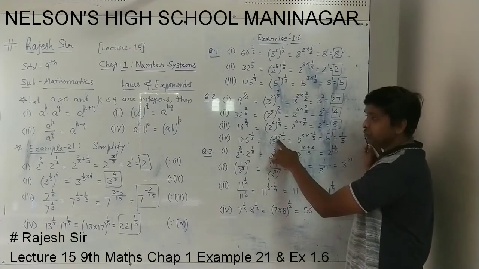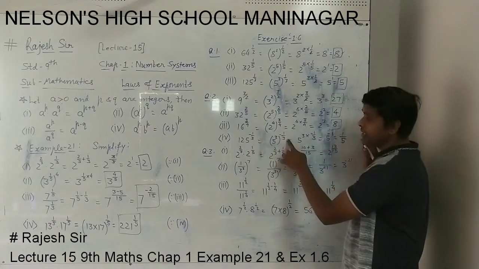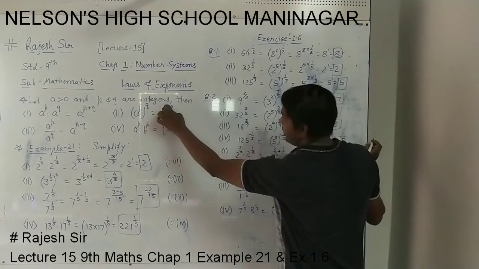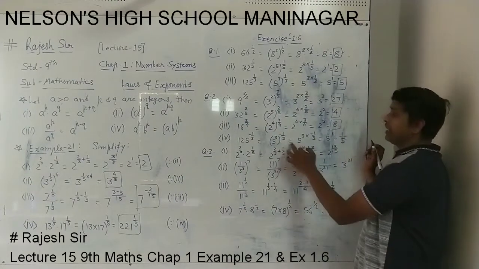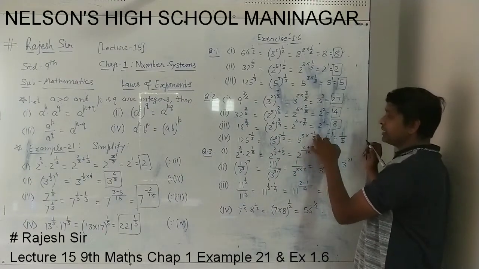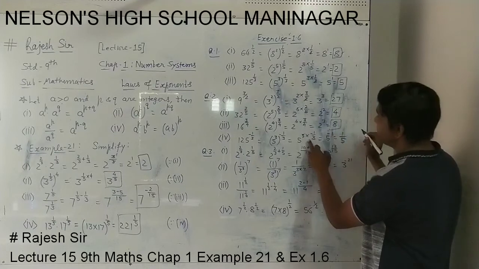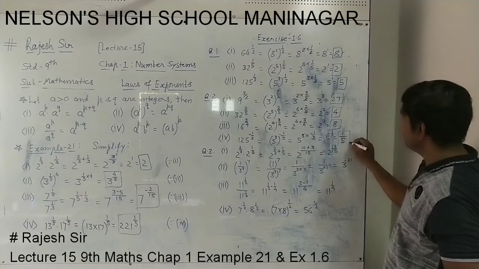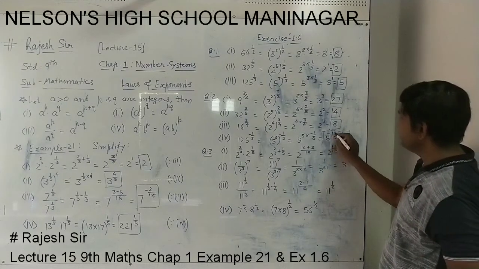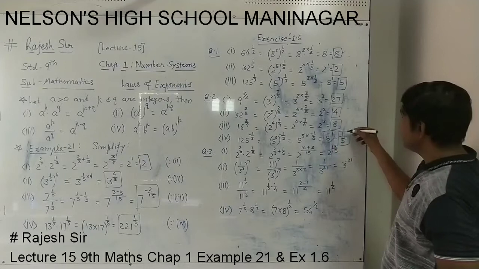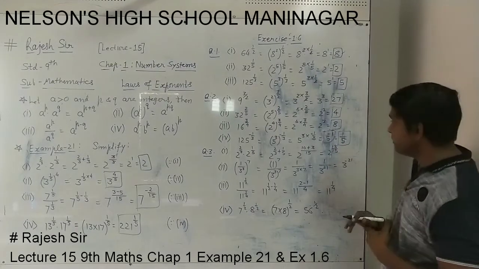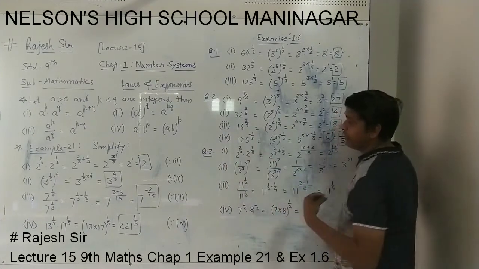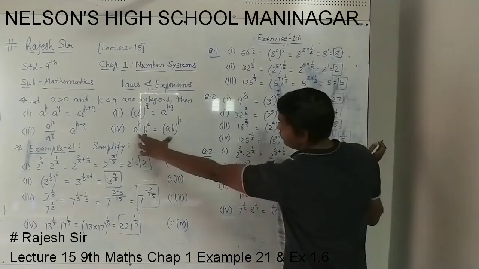Fourth number of the second question is 125 whole raised to minus 1 by 3. 125 can be written as 5 raised to 3 and the power minus 1 by 3 as it is. This is again power of power. The rule is to multiply both the powers. 5 as it is the base, 3 into minus 1 by 3. Up and down 3 and 3 cancel. 5 raised to minus 1. And 5 raised to minus 1 can also be written as 1/5. This is also the answer. You can keep it this way also, and in simple form we can also write 1/5. Question number 3: simplify 2 raised to 2 by 3 into 2 raised to 1 by 5. This is the same as the fourth law.